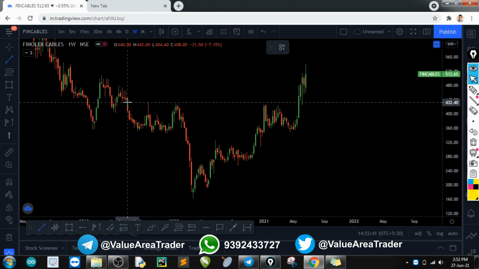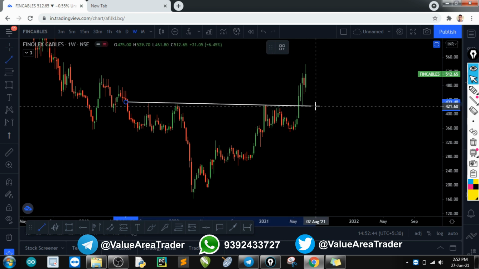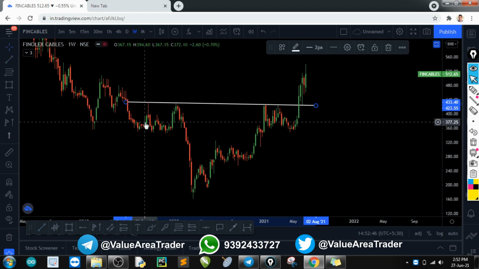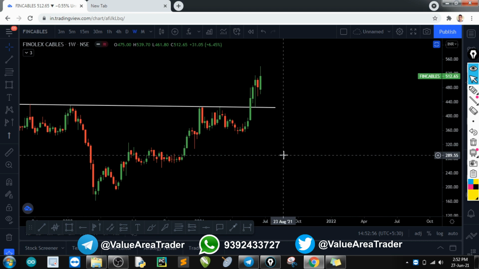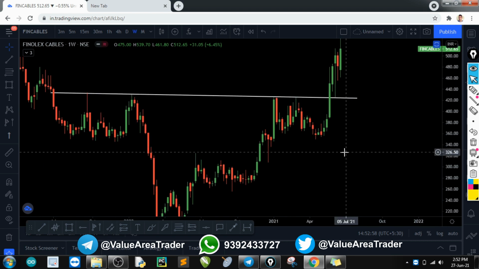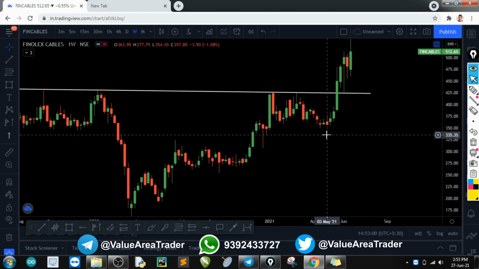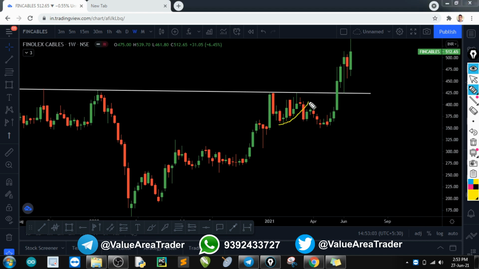So I can clearly see an inverted head and shoulders here. As you can see, this is the left shoulder, this is the head, and this is the moment of reversal. So definitely you might get fooled at these kinds of movements, but that's why even if I am entering at this point, I will keep a stop loss somewhere a little down,